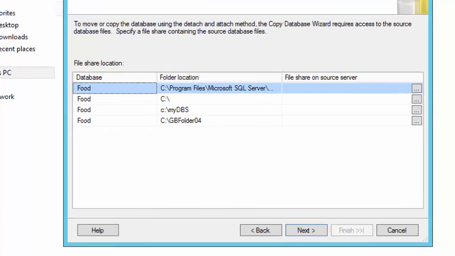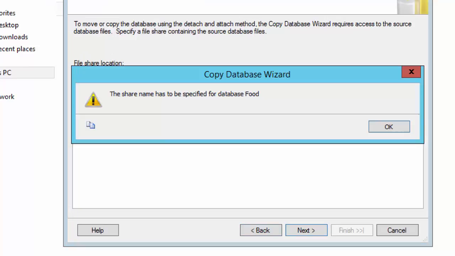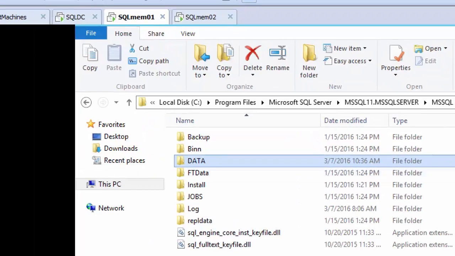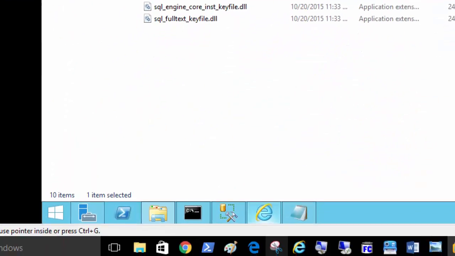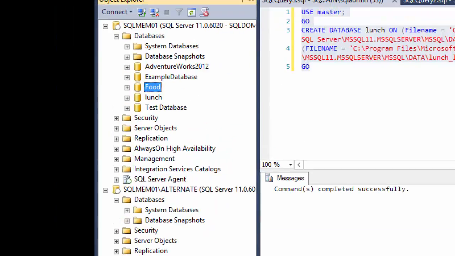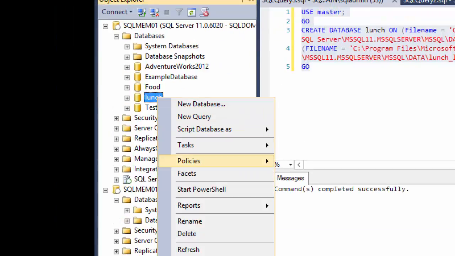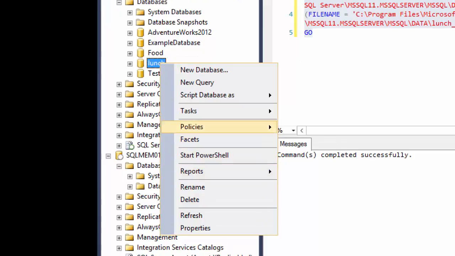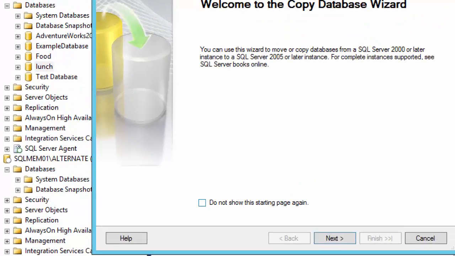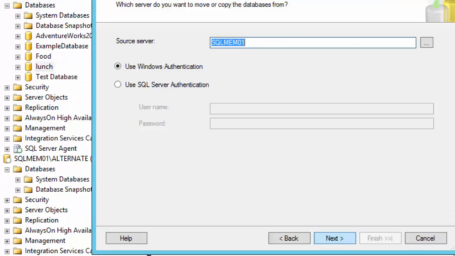Source database files. Okay, so shared folder is there. I'm just gonna start again. This time of course it's gonna be quicker because I had already started the food one. So I'm just gonna go to tasks and go to copy database and quickly click next.